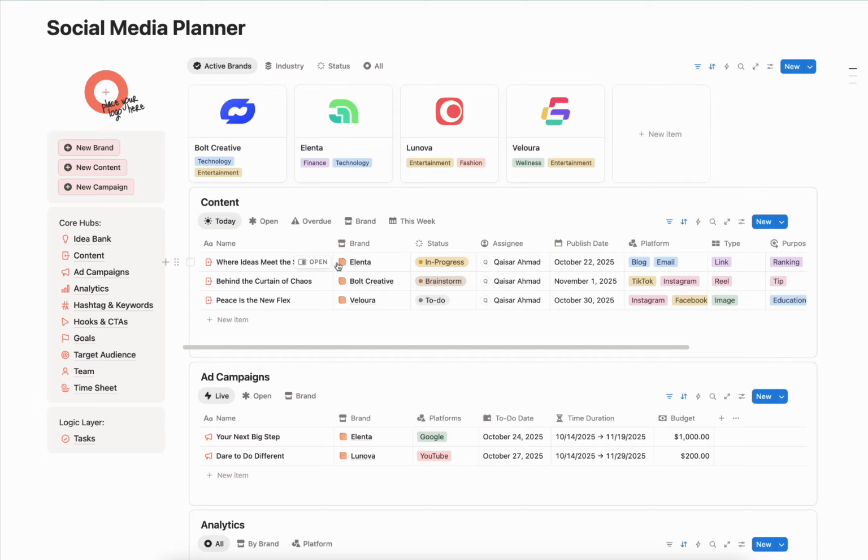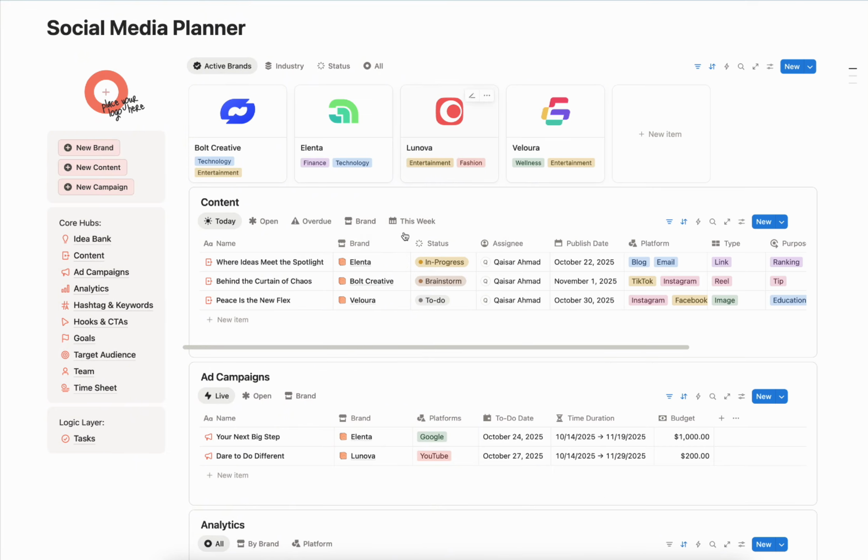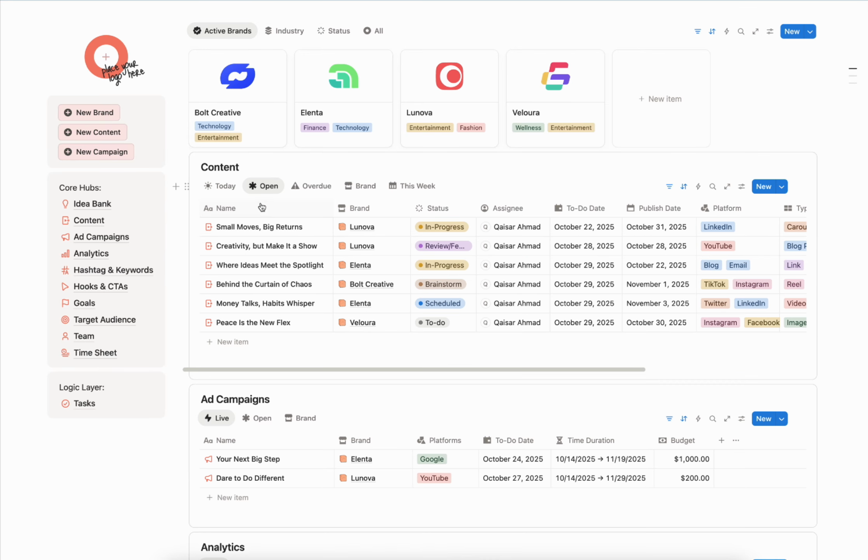The system is only showing you the content that is supposed to be done today based on the to-do date property, which you set up inside that content page. We have a publish date as well, so you know when this content is going out, and then we have alerts as well. The Open tab, or view, shows you all content that is not yet complete, but still due